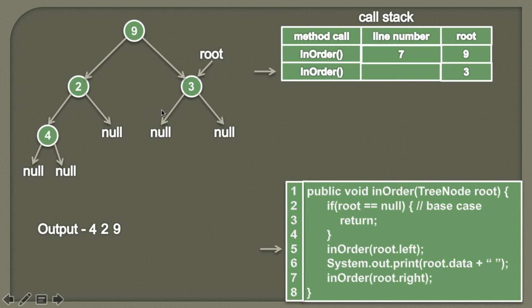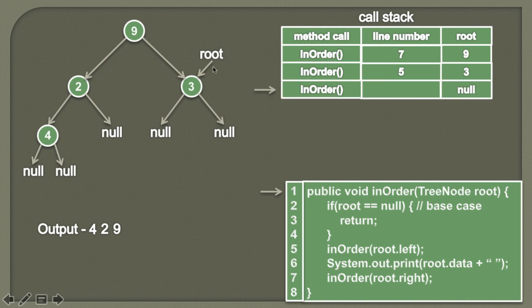We first visit its left subtree. In order to visit its left subtree, we are calling the inOrder method and passing root left value to it. Here you can see root left is pointing to null. Therefore we are calling this inOrder method with a value of null. And as we are leaving this method and calling this new method, we will update the line number. Then the execution point will reach this inOrder method with root as null. We know that there will be one more method on the call stack with root as null, and now root will point to null.